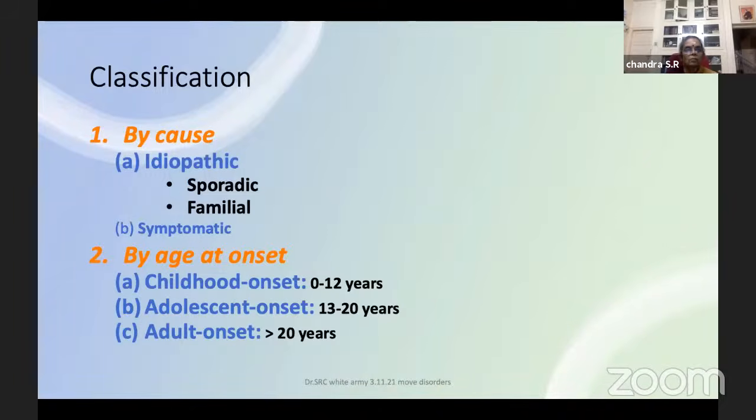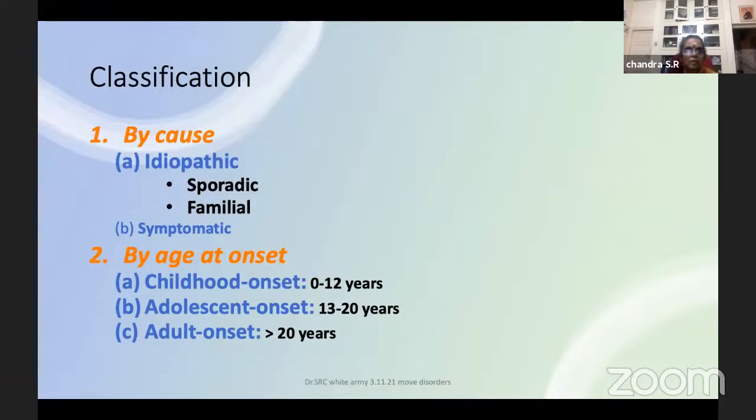So how are you going to classify? They can be classified by cause. It can be idiopathic dystonia, which is sporadic, or it can be familial, or it can be symptomatic. It can be secondary to some infections, or secondary to trauma, or secondary to metabolic disorders. So by cause, it is classified as idiopathic or symptomatic. Idiopathic is when you do not know the cause, it is sporadic or familial, and symptomatic is secondary to metabolic insult, infection,